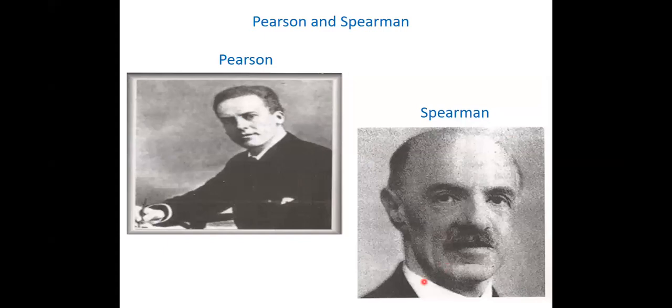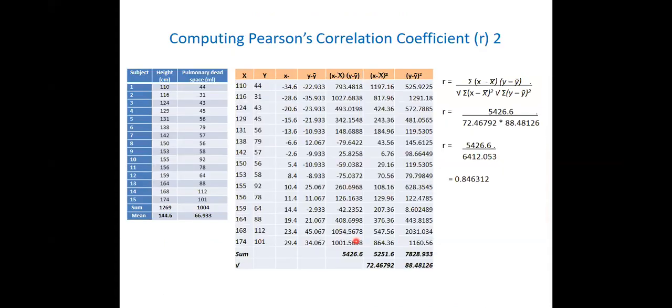These are Pearson and Spearman. You'll be surprised that these two men were geneticists. They were biologists like most of you. And that is why those people that developed statistics over the years were biologists and social scientists. The physicists, the chemists, they didn't need statistics, so they didn't contribute much, if they even contributed anything. But those people that needed it, most are biologists or social scientists, and that was why they developed